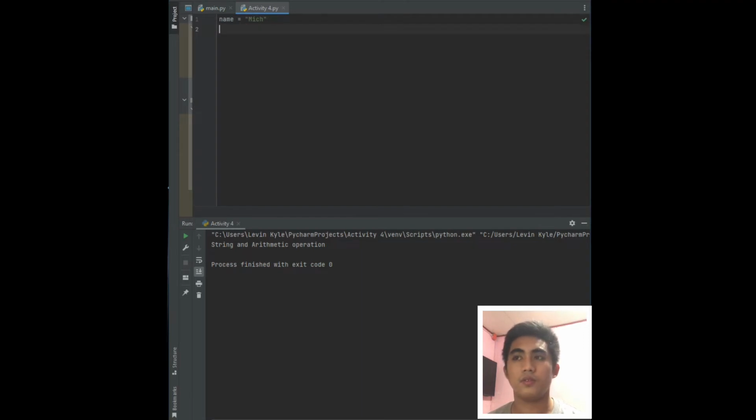So print name from the character that has a 1 index value until up to the character before the -1 index value. If we try to run this code, we will get